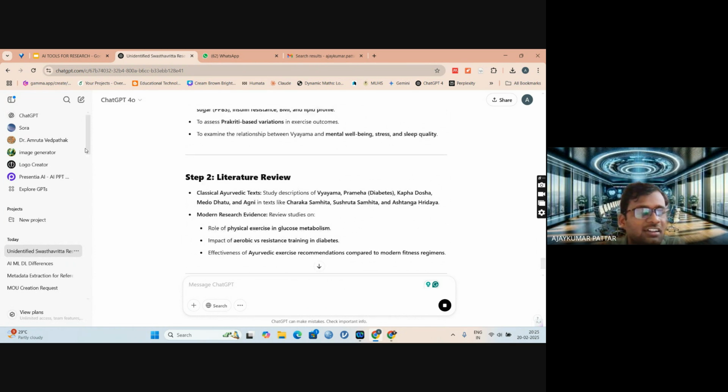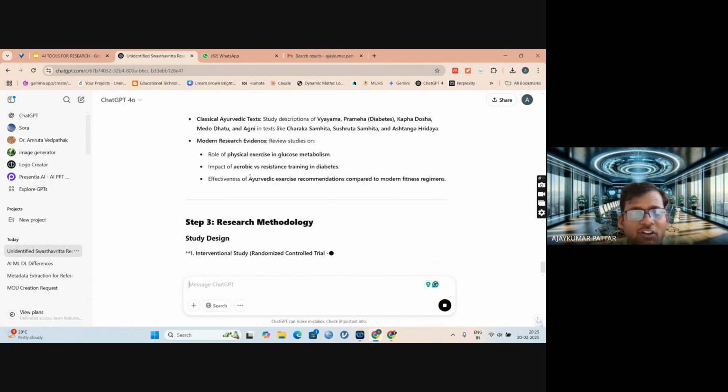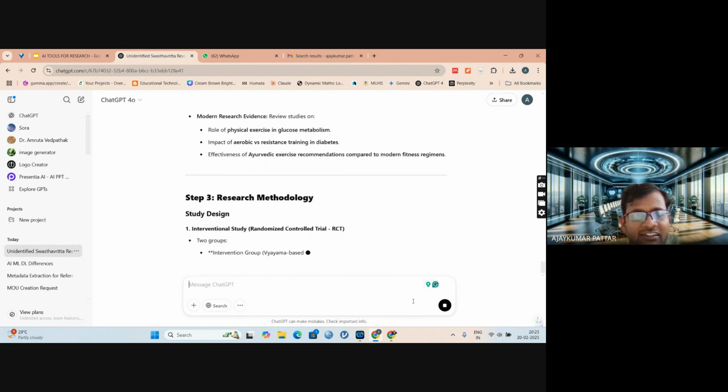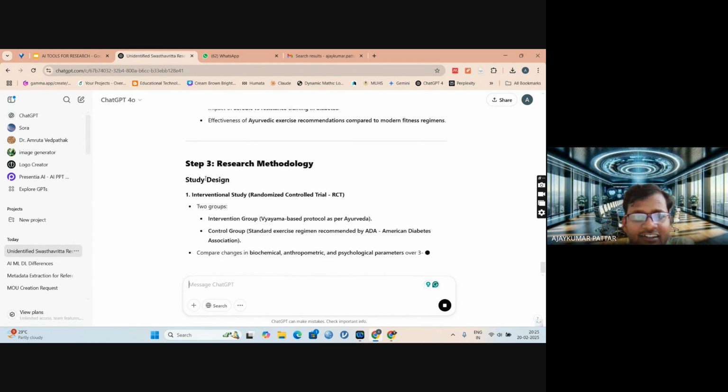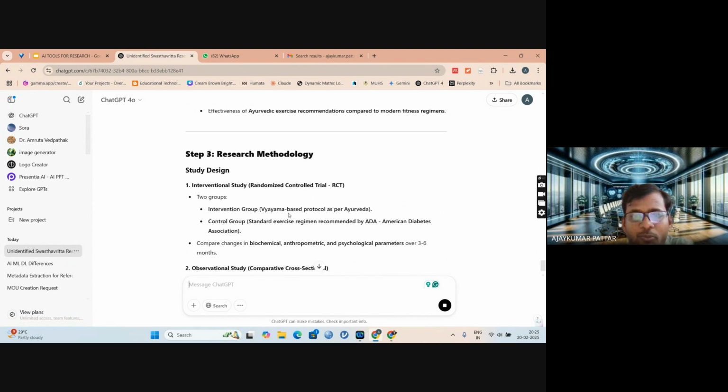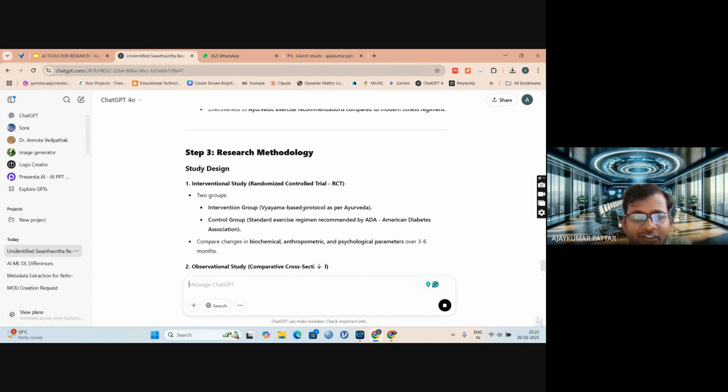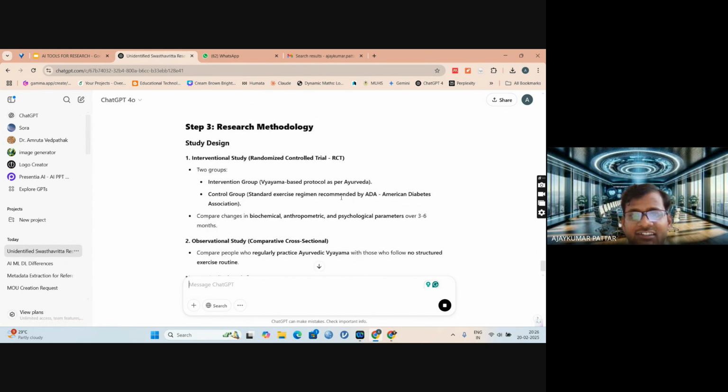So whatever is related to Vyayama and type 2 diabetes, it is suggesting an interventional study design, randomized controlled: intervention group, Vyayama protocol as per Ayurveda; control group, standard exercise regimen recommended by the ADA.